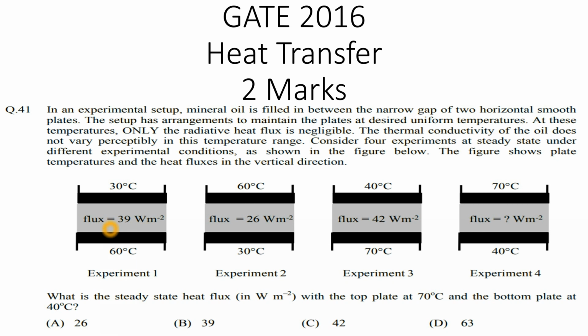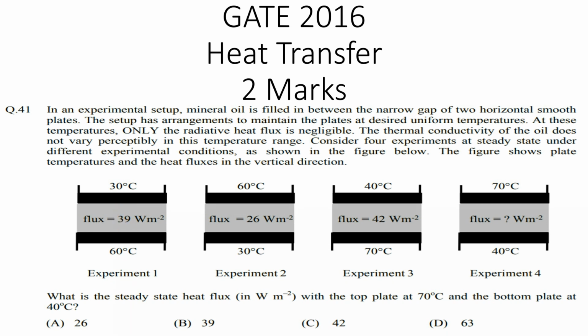Convection will happen when there is a motion of the fluid. But how will this fluid be in motion, right? You can see here the temperature of this plate is 60 degrees centigrade. If it is 60 degrees centigrade, then the fluid temperature of this layer will increase. If this increases, then the density of this fluid will decrease, and you know that whenever there is a lesser density, it will start to go upward and form a convection current. So there will be some convection also, conduction plus convection. The heat transfer will increase.